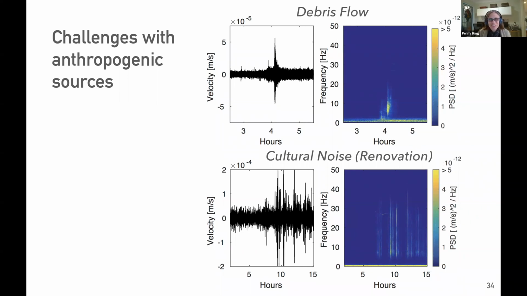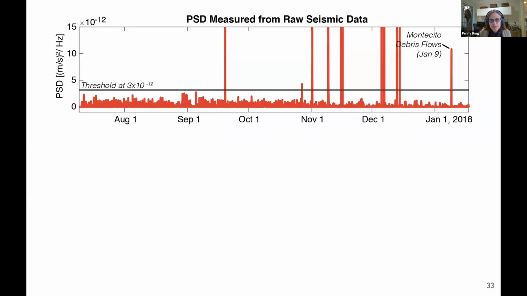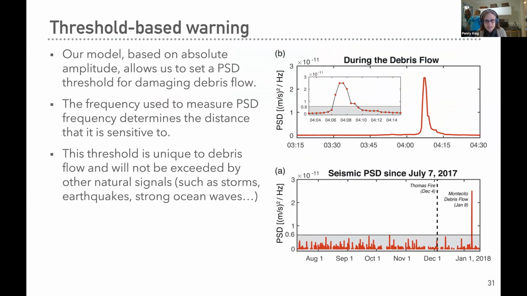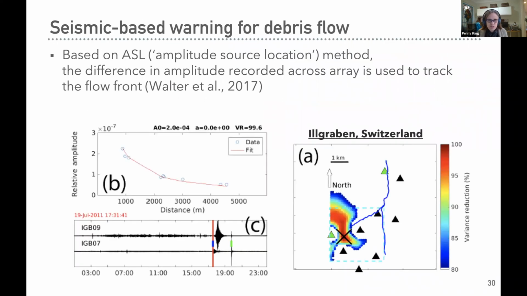I really liked that talk, Voon. It was really interesting, and those debris flows are such a huge hazard for that area of California. I had a question that relates to this slide that you're showing, the cultural noise, but also the Swiss example that you gave. This might not be a hazard assessment tool, but a tool for figuring out how the debris flow moves. I'm wondering if you can use the multiple seismic sources to look at how the debris flow moves.